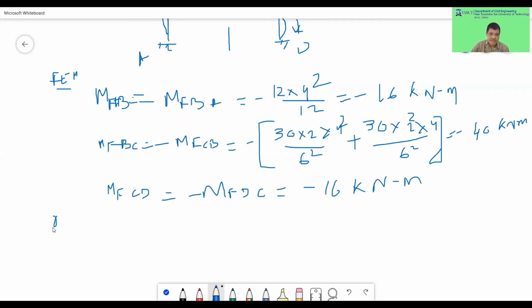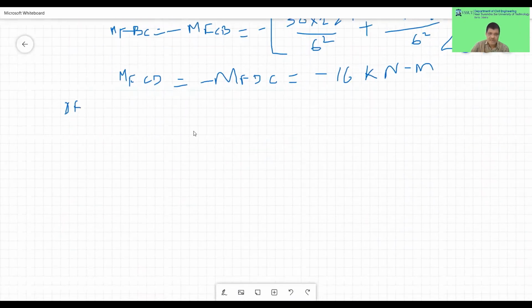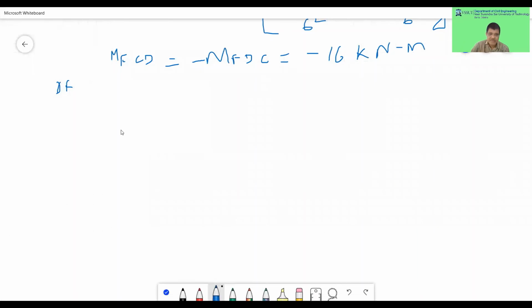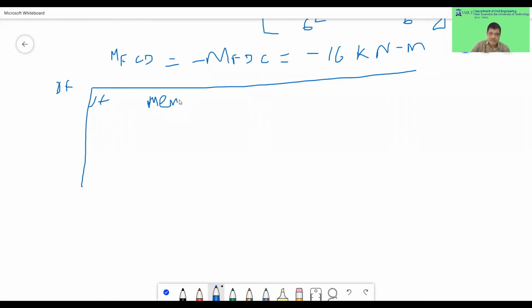Okay. I'll find out the distribution factors. So to find the distribution factors, what will we do now? Similarly, you can do these distribution factors. You go to a table. You have the joints, and you have the members, and you have this K value. Then you have the sigma K value. Then we have the DF.